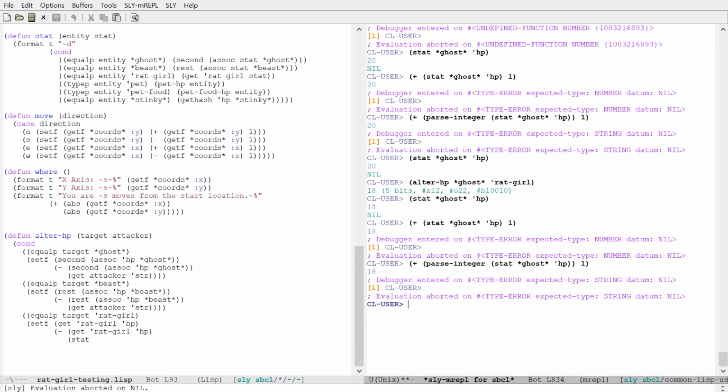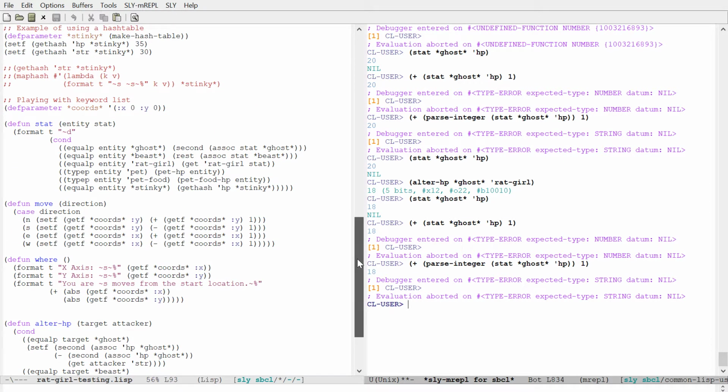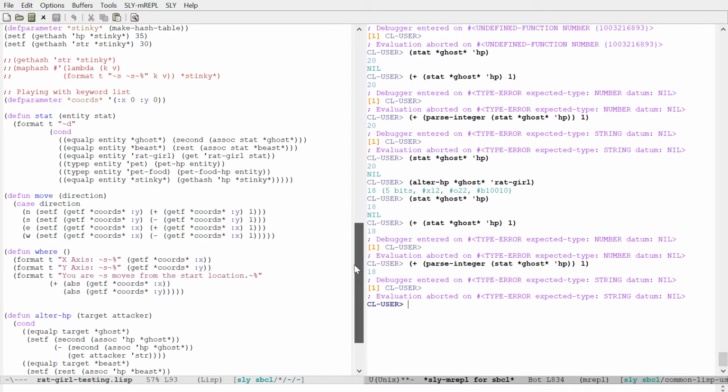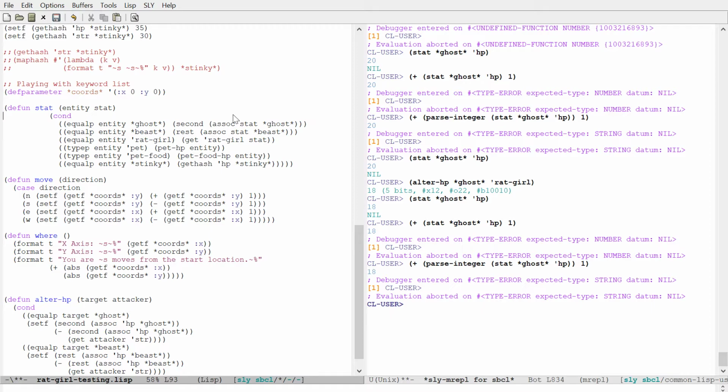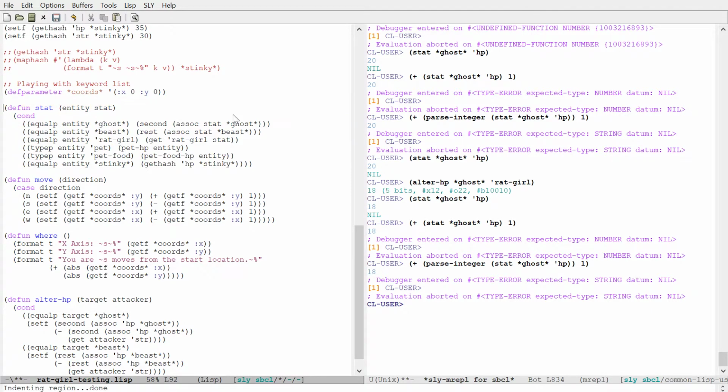It's not a string. If I don't format it at all. Okay. What if I stop formatting this? There's no reason to be doing that, right? I should still be able to say stat